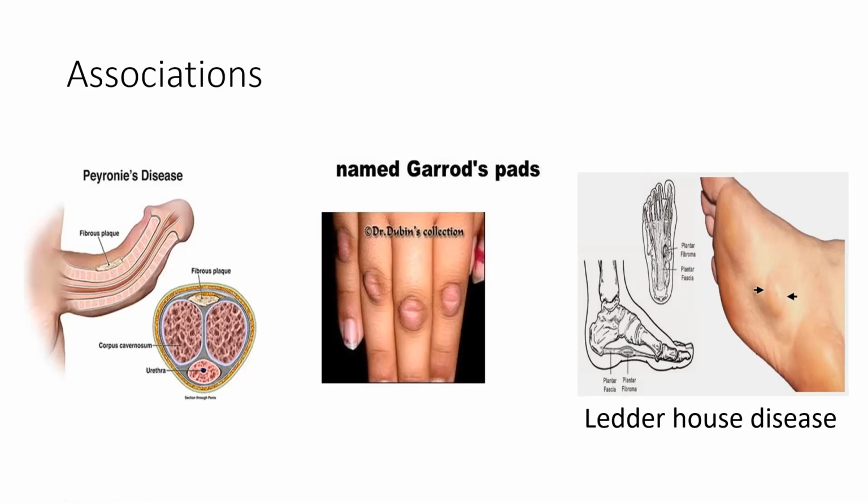The best way to remember is कि Dupuytren contracture में there is a fibrosis, there is a contracture. So body में कहीं भी fibrosis contracture होगा, so they all are intermingled, all are related. Why are the fibrosis and contracture occurring? Because male smokers, AIDS, TB, epilepsy, phenytoin, everything wrong with the male guy. So Garrod's pads, Peyronie's disease, and Ledderhose are all associated with Dupuytren contracture, with fibrosis, and with contractures.